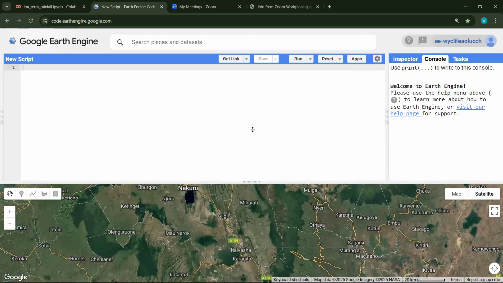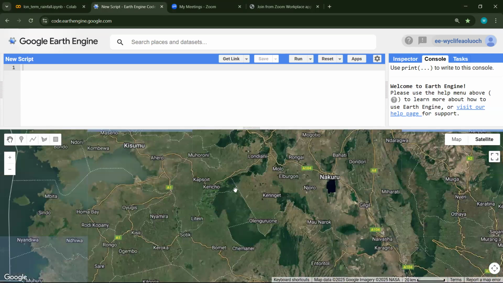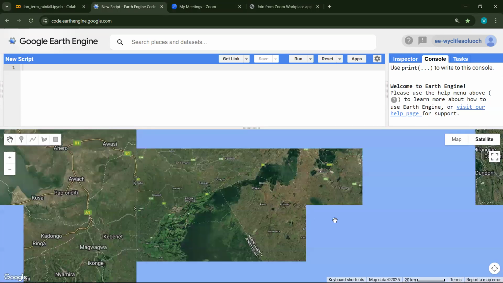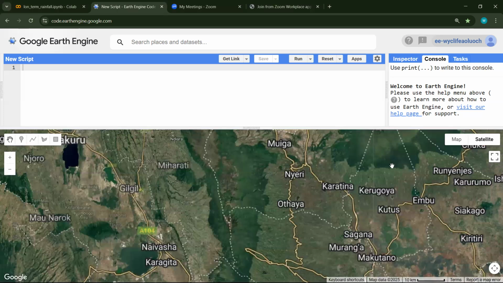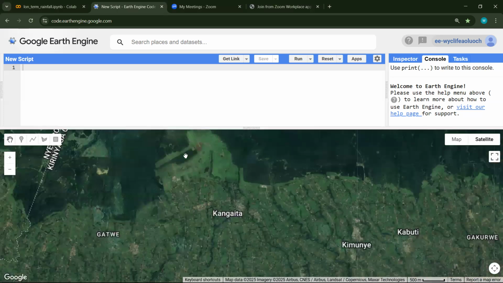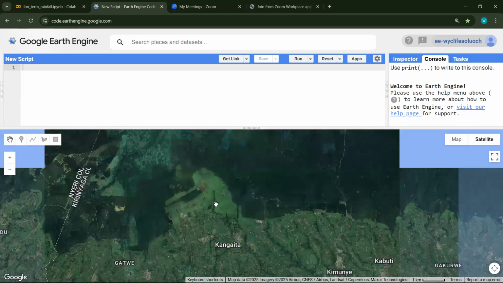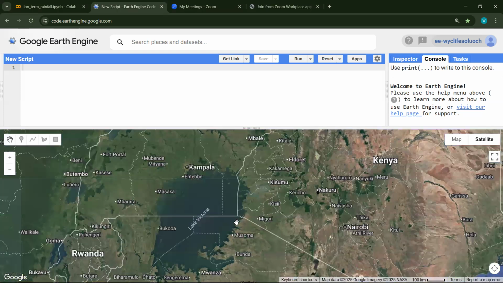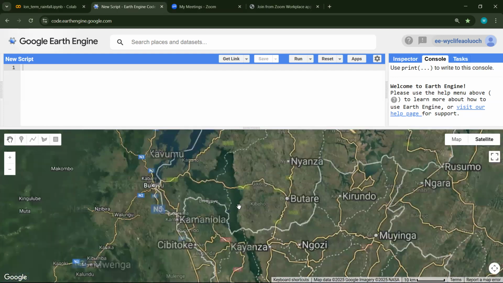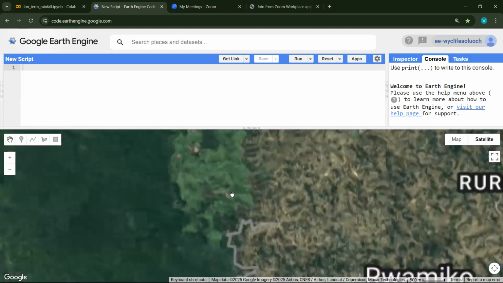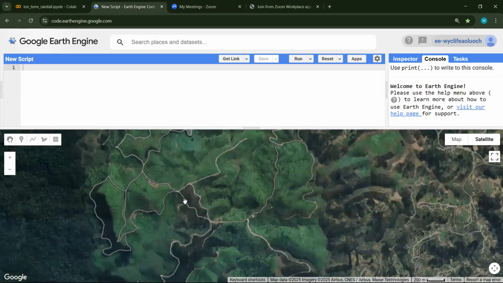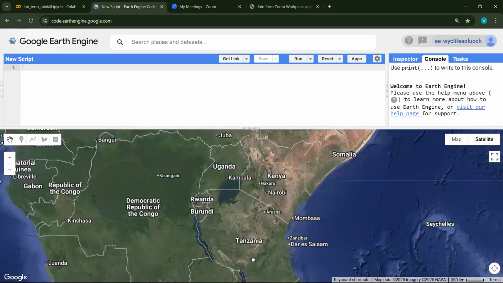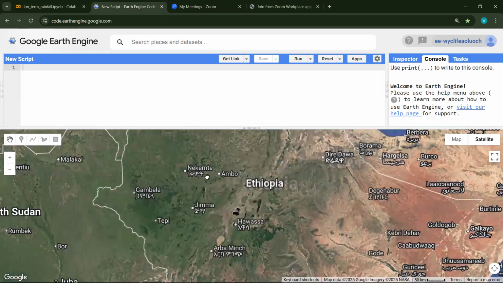For example, you want to do a project in this tea growing region of Kericho, or in the east of Rift Valley in this tea growing region, or you are outside Kenya and you are conducting your tea research in maybe Rwanda, or in another country like Ethiopia, or any other country of